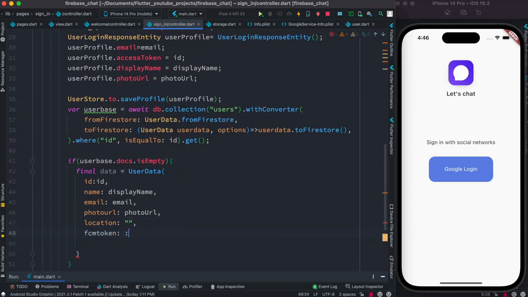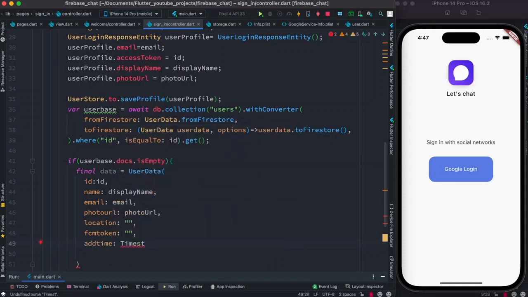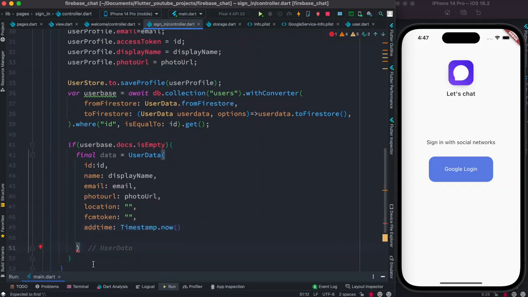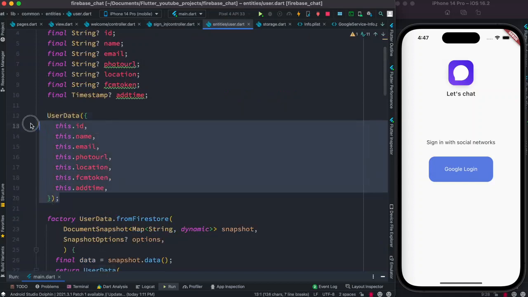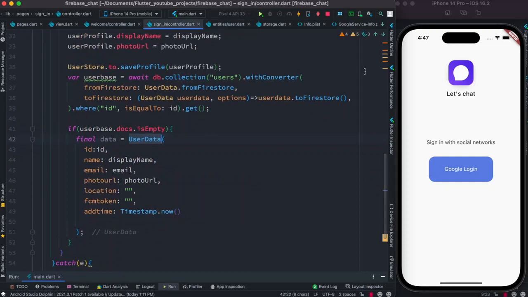FCM token, this is also empty for now. Add time, you do Timestamp.now. Okay, so this is the model that we have seen early. So we give it data and it will return us an object, and that object we can send to Firebase using, once again, this function, the one that we created early. So for this reason, we'll just copy this one